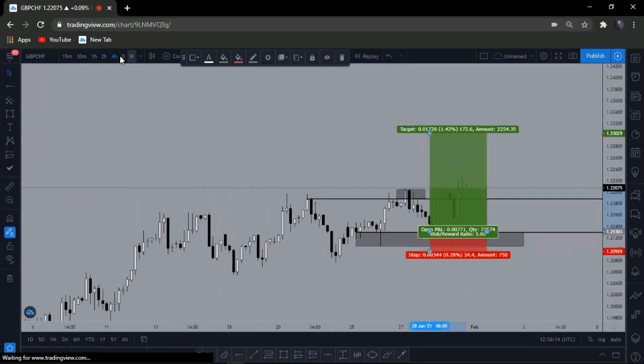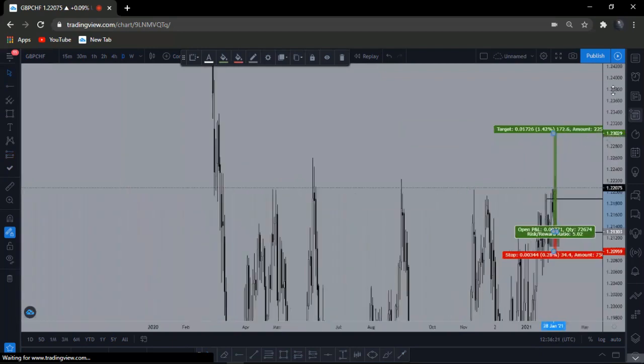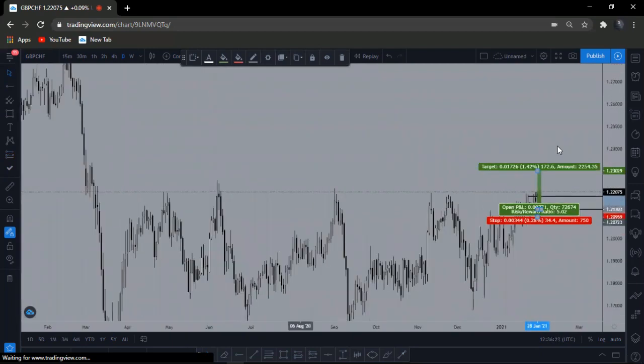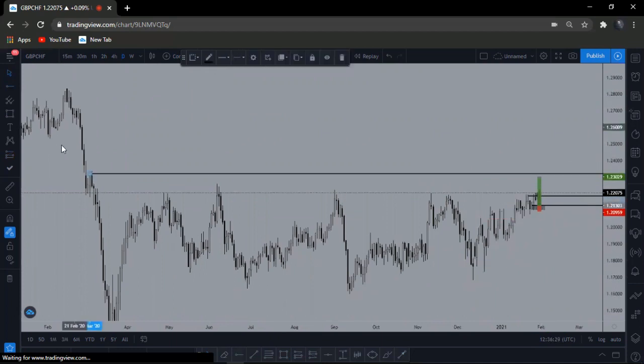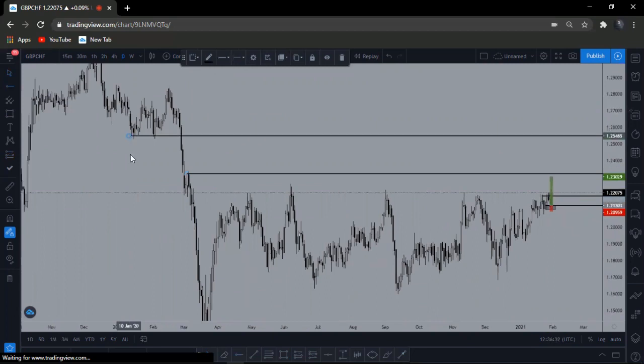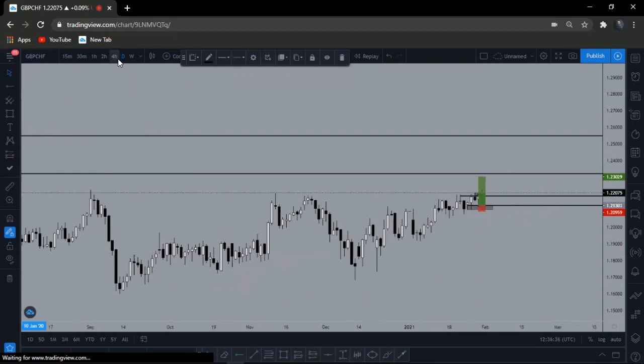And for my target point, I went into the higher time frame. My first target point for this trade will be at this level here. My second target will be at this resistance here. This is how I took this trade,